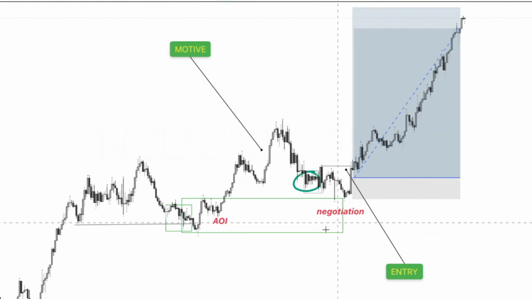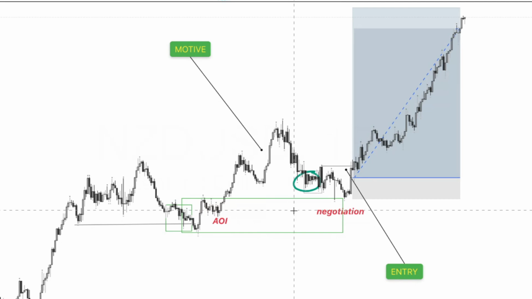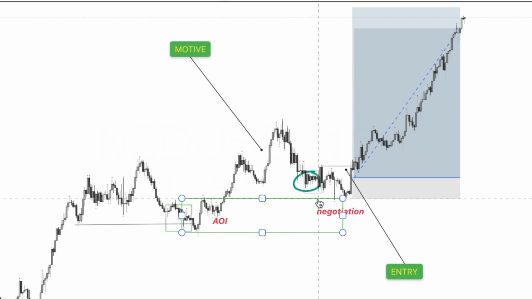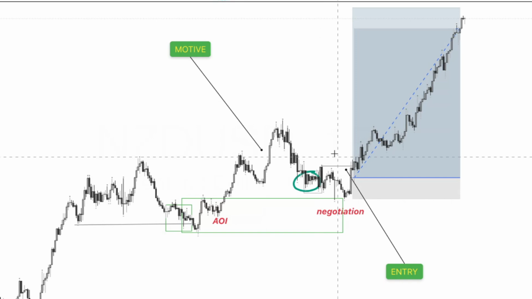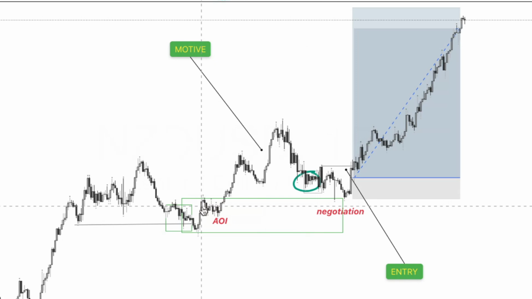Now you can see how I wrote negotiation here. It means that once the market is coming to my area, I wait for something we call confirmation. I call it negotiation because that is what is happening right here, the auctioning of prices around that area, right? So we can see how the market built up these lows and the market took it out here, and that is another reaccumulation. Even when the market was coming back into the area of interest, which was already a reaccumulation space,